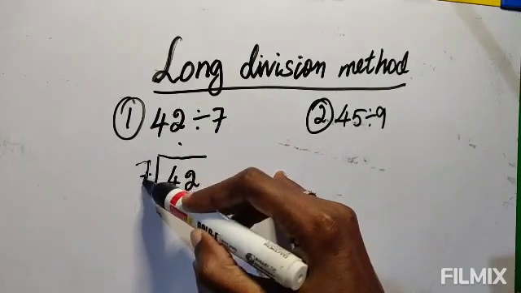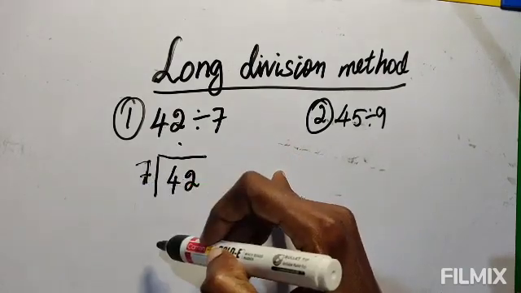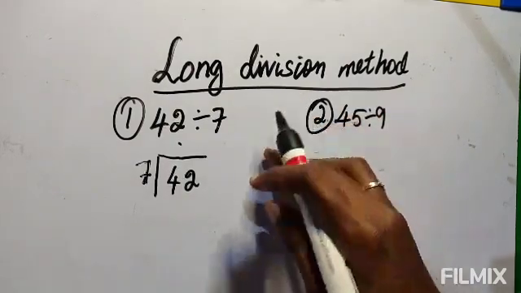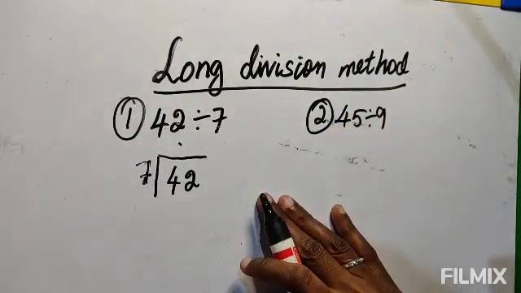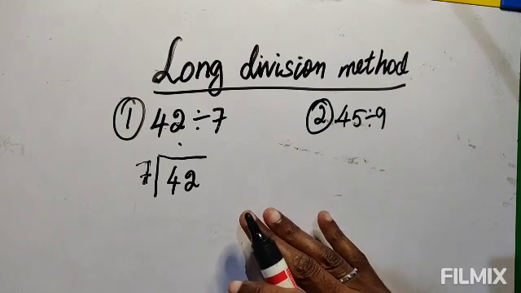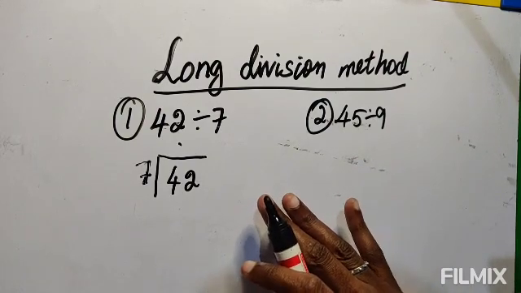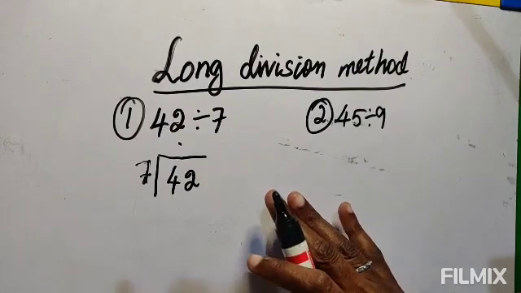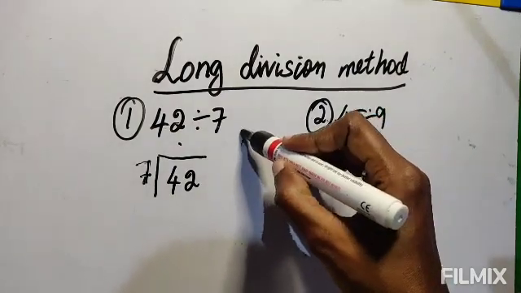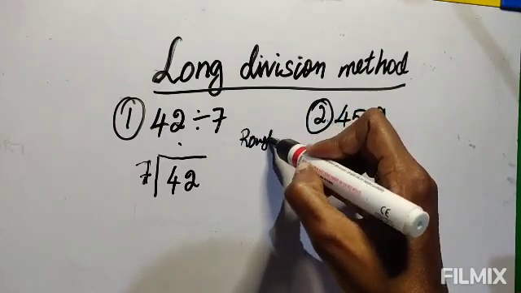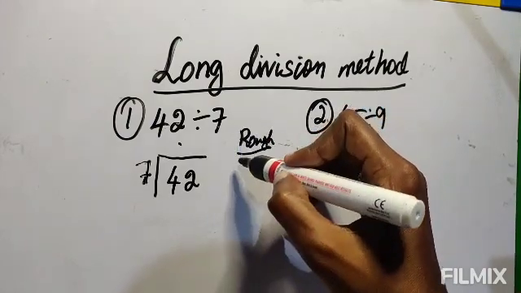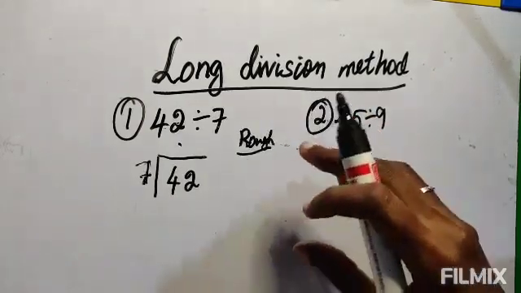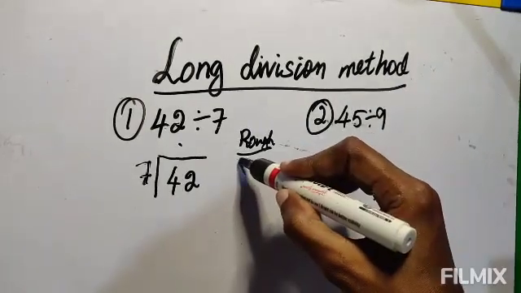Now 42 you have to divide by 7. To find that, some of you will know the multiplication table by heart, but for others it is difficult. It is a beginning for you, so many of you will find it difficult. So better, all must write in the rough. You have to write the table in a shortcut. Already I have given you the table tricks that you can use. It will take less time.